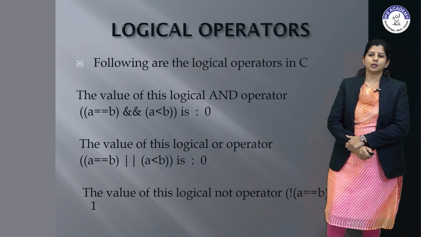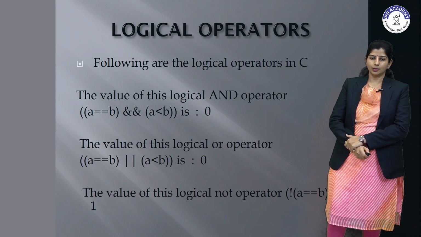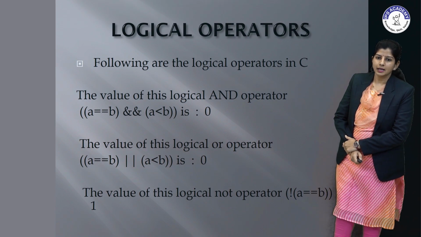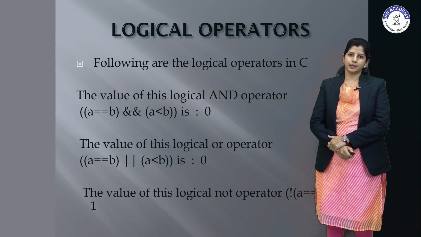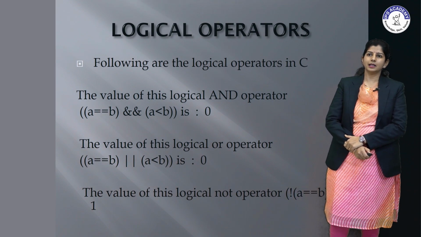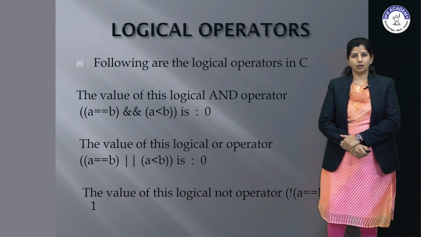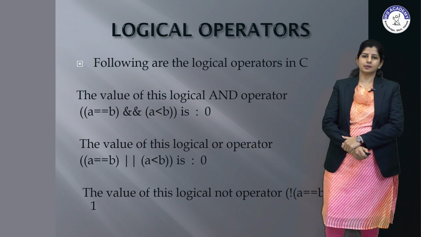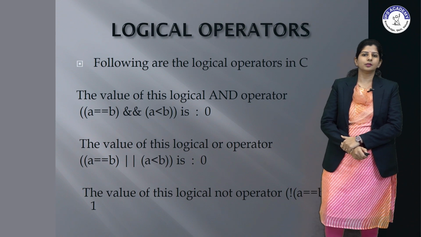The last one is the NOT operator, used in the form of an exclamation mark. With a single NOT, I use A equal B, and we can also use the AND operator with the NOT operator or the OR operator with the NOT operator. The NOT operator basically reverses the condition. If the condition is true and we put a NOT operator in front of the condition, then it will reverse the result, because NOT stands for a condition which is satisfied but is made not satisfied.